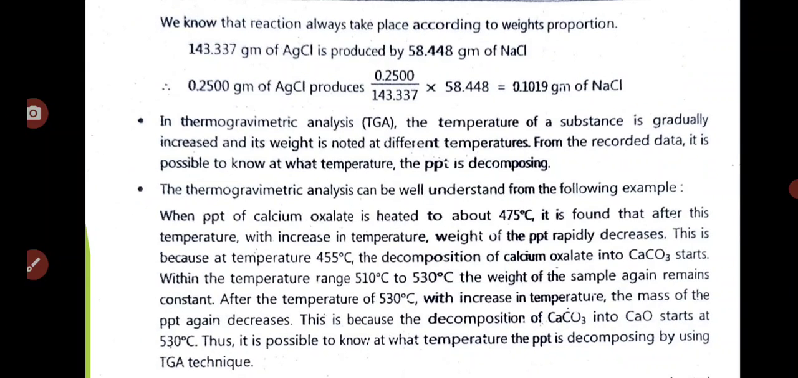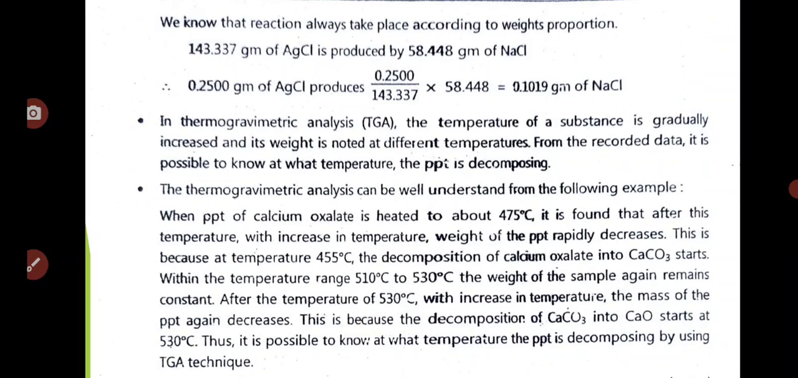And this weight of the proportion of given NaCl solution or AgCl is indicated in the reaction, which is produced by 58.448 grams of NaCl, and therefore this weight of AgCl, which is 0.2500 of AgCl, produces 0.1019 gram of NaCl. So for analysis of this data, we are given the information of the